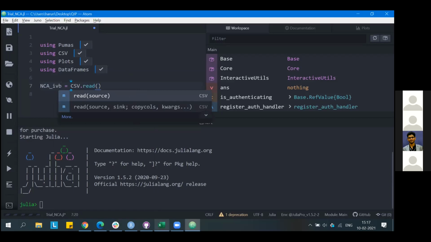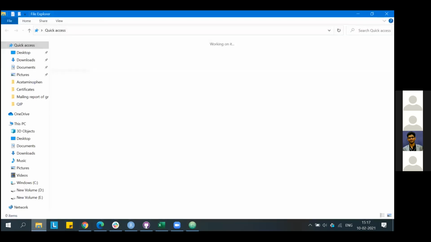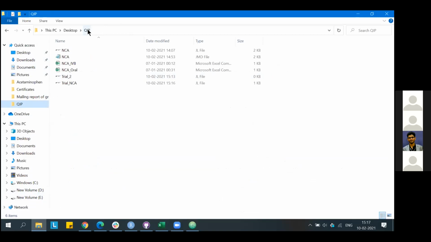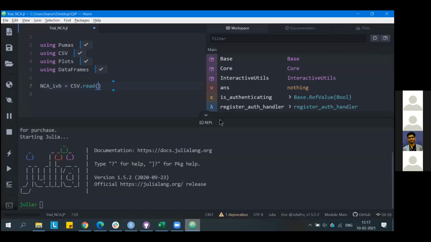I'm going to copy the file path. The file path is just: go to the folder and copy address as text. Within quotes, place the file path.